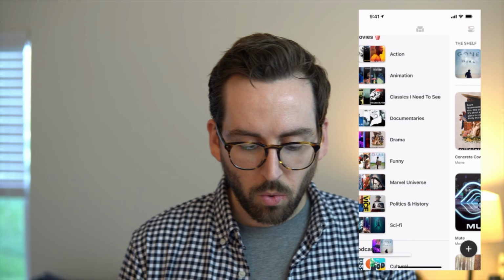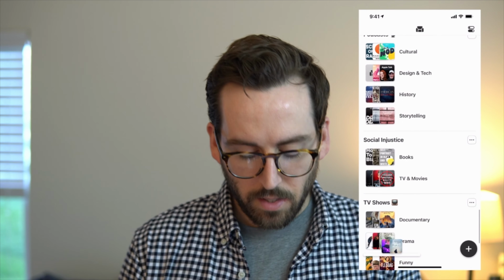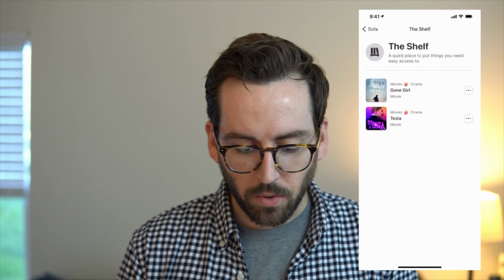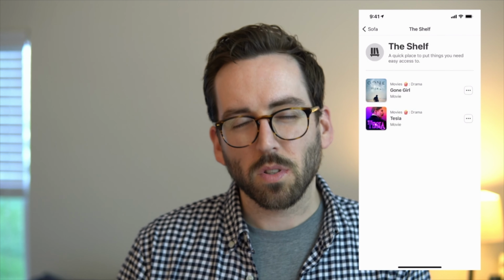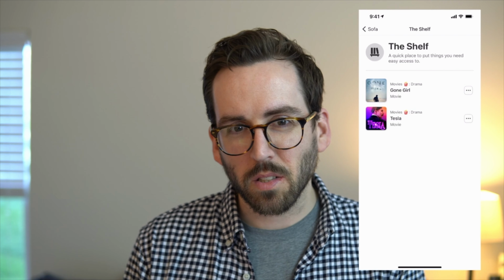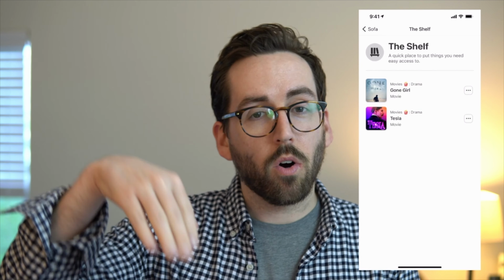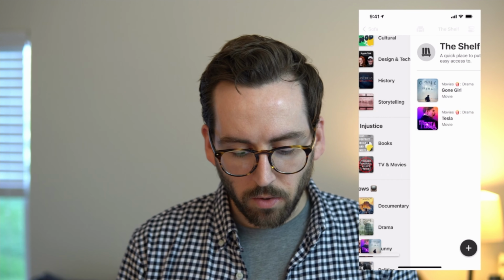Now, what's cool is if I go back, you'll notice here in the bottom left, there's a little shelf there. And if I tap on that, I can see those items that I've added to the shelf. So it's kind of like this smart list that's looking for all the things that you've put on the shelf throughout all of your lists and aggregating them together,